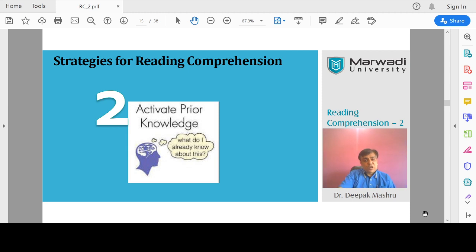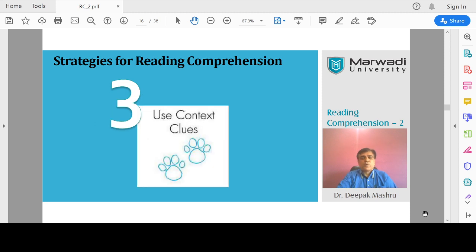So you activate your knowledge with reference to what the passage has been asked. You need to apply your brain. And I tell you that I have seen hundreds of examples where students do not need to read the options. Without reading the options, they can answer the questions, right? Because they know about the topic. So it's easy for us, right? So this is what the second strategy talks about.